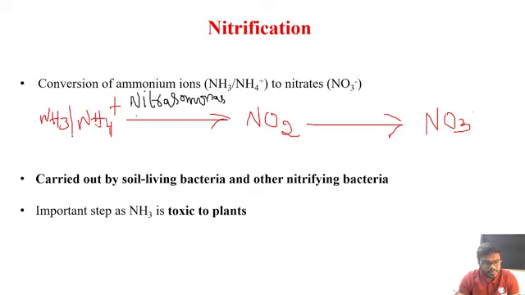Nitrosomonas. Then friends, Nitrosococcus, don't confuse. Nitrosomonas and Nitrosococcus are the two major bacteria that will convert the NH3 or NH4 to NO2. Now friends, NO2 is basically going to be converted into what, friends? NO3, by a bacteria called, friends,